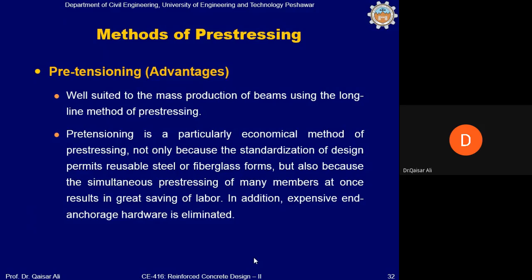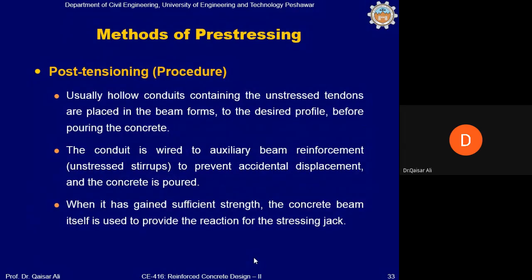अगर साइट में हमें गर्डर्स चाहिए, जिस तरह ब्रिजेस में गर्डर्स, हमारा जो BRT प्रोजेक्ट है इसमें काफ़ी सारे जो ओवरहेड ब्रिजेस हैं, आपने उसमें देखा होगा कि मुख्तलिफ किस्म के गर्डर्स इस्तेमाल होते थे, लेकिन वो उधर ही साइट पर पोस्ट टेंशनिंग करते हैं। पोस्ट टेंशनिंग का तरीका मैं आपको बताता हूँ। पोस्ट टेंशनिंग में usually hollow conduits containing the unstressed tendons and wires are placed in the beam forms to